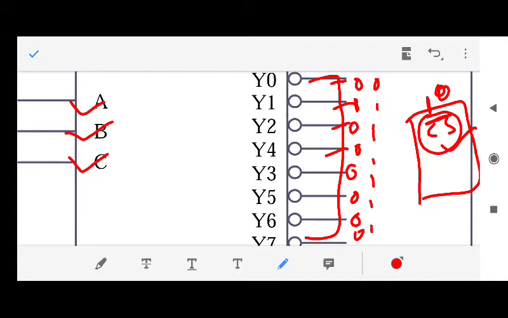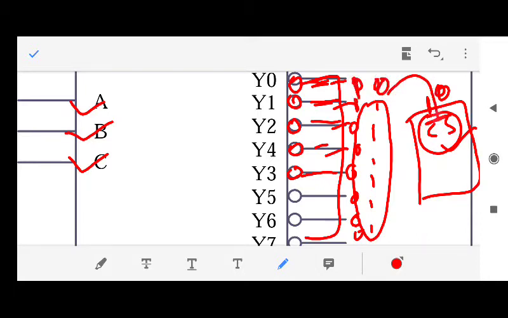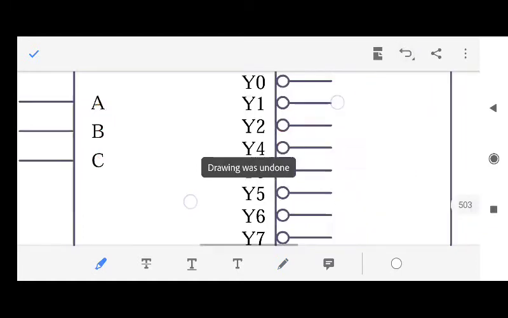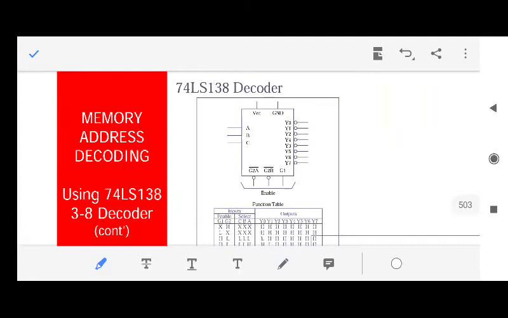Simply, whatever output is coming out, you connect it to a bubble kind of structure. What does this bubble mean? This bubble means whatever is coming out is complemented. So since all are zeros and only one of the pins is 1, all the zeros will be converted to 1, and the one pin that is equal to 1 will become 0, and that 0 will be used to select the IC. This is the method. So fine, this is how this decoder is employed to be used for memory.